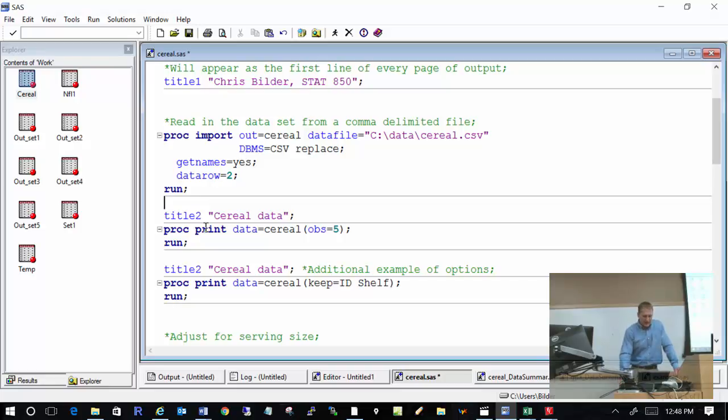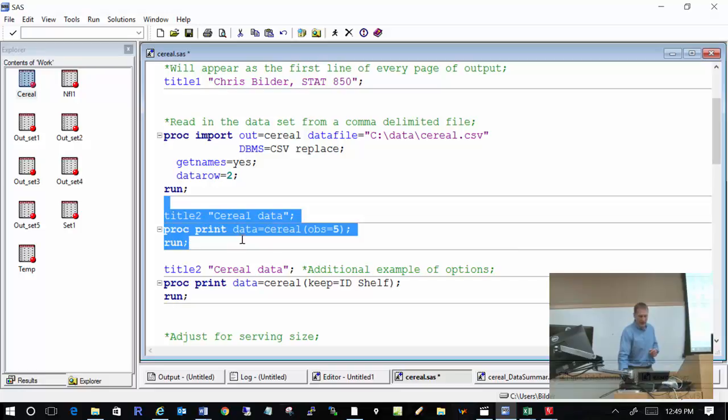How do I do that? Proc print. We looked at proc print before. On the proc print line, there is an option called data that specifies what data you want to print. And something that's new is that you can actually specify particular options associated with that data set. By saying obs equal 5, I want the first 5 observations to be used only with this proc print. So if I go ahead and highlight them,